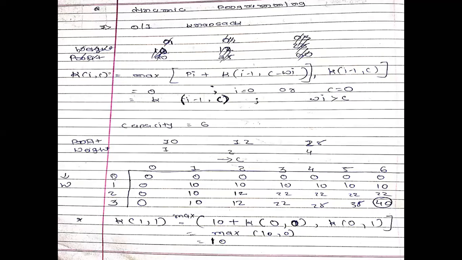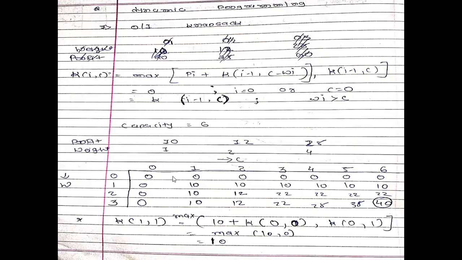So in this case, you can see I is 0. In this row, you can see I equals 0. So we have to put all the values here as 0. Okay. And if C is 0, that is your capacity. If capacity is 0, that means you have not selected any item. So you have to put all zeros in this column. And here I equals 0 means 0 items. So if item is 0, you have not selected anything. So you have to put everything as 0 because you have not earned any profit.